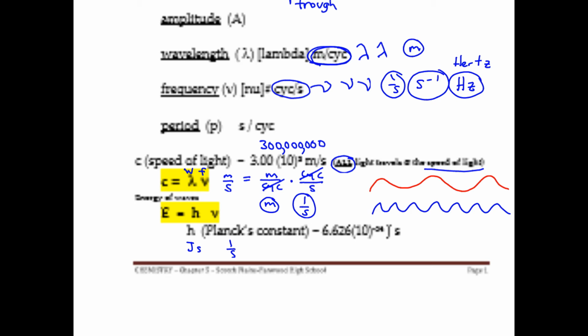So again, if you're going to take your h, which is joules times seconds, and your frequency, which is 1 over seconds, you can see what's going to happen: you're going to divide these out, and you're left with joules. So joules is the unit of energy, and meters per second is the unit of speed of light,